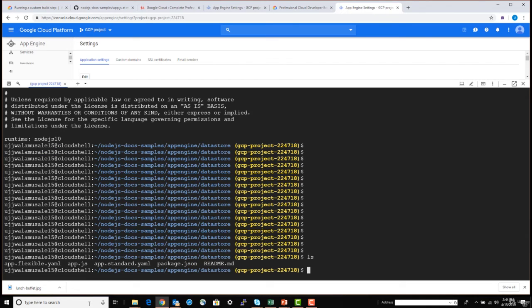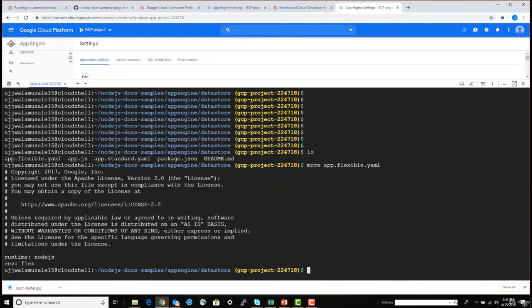So that was standard. In flexible, you can put all those configurations, like which machine you want and all that. By default it is the standard environment. If you want to use flexible, you need to provide the environment and the machine details, what type of machine you want, but this is just a default application.